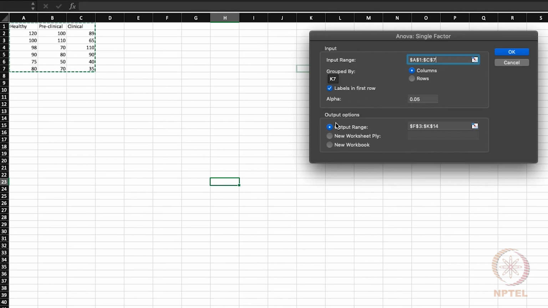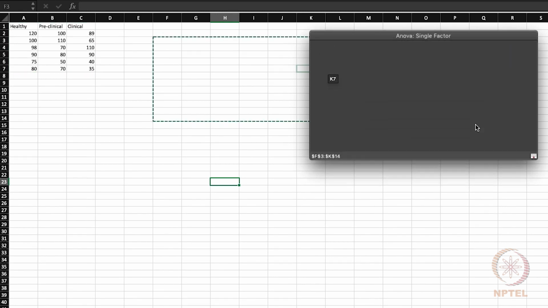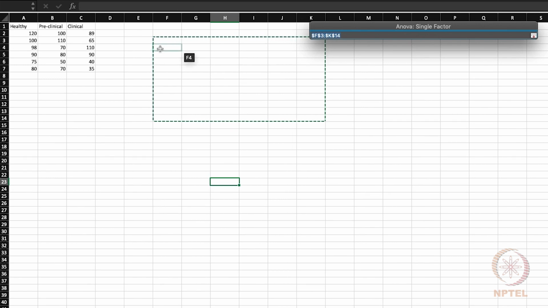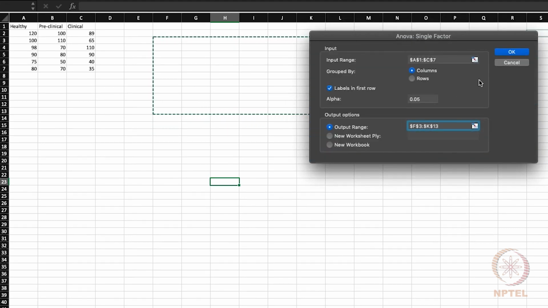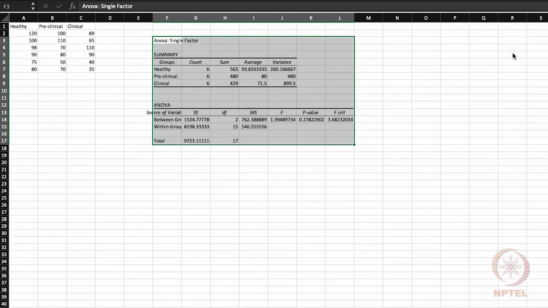Along with that, we need to give an output range here. So let us click at the output range and choose a range where the results are to be summarized. We click in the sheet and then simply click OK.